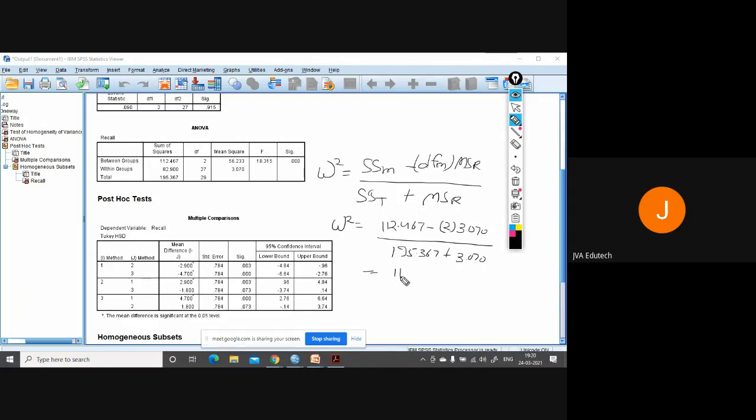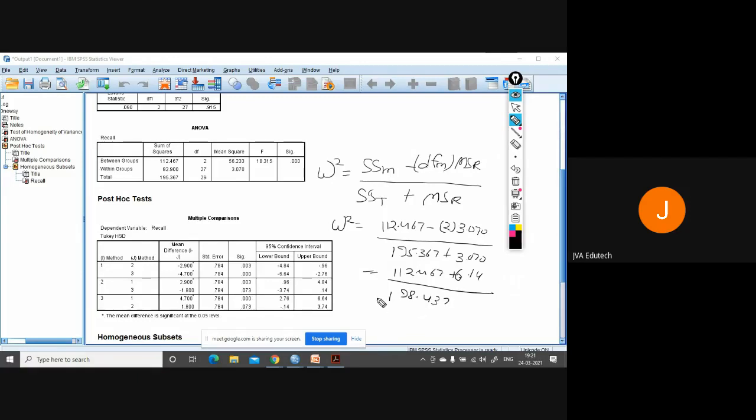That is equal to 112.467 plus 2 into 3.070, which comes out to be 6.14, upon 195.367 plus 3.070, which is equal to 198.437.